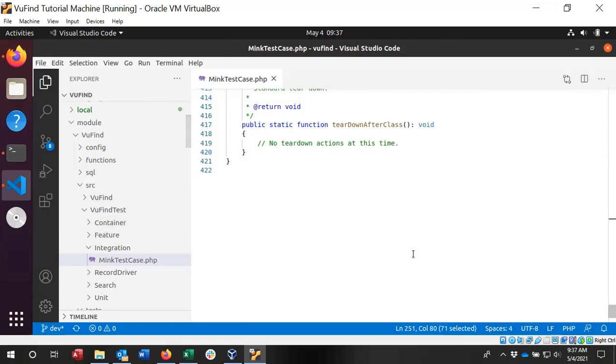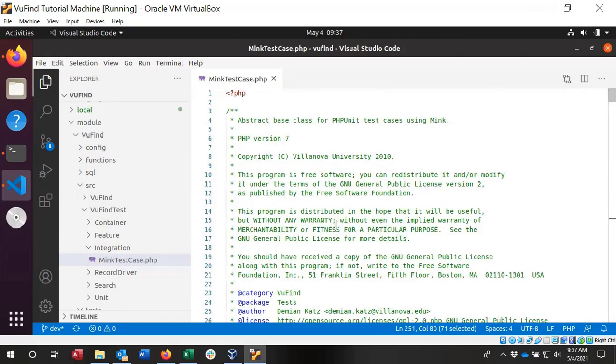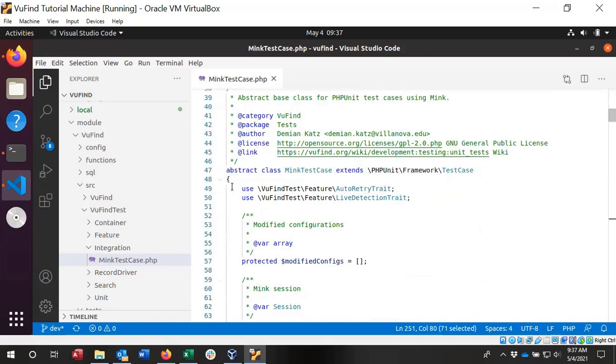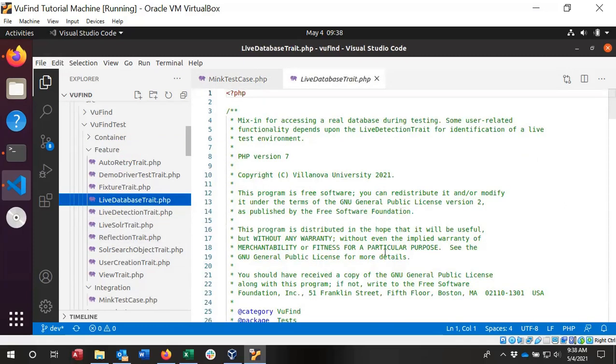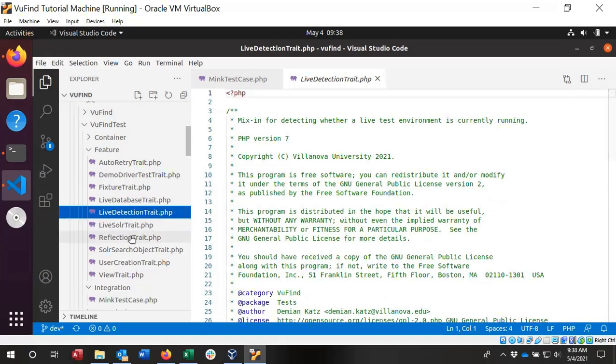The other thing is at the beginning of this, I showed you that we leverage a couple of feature traits that VuFind provides, but these two are not the only ones. If you look in the Feature directory inside the VuFindTest namespace, you'll see that we have quite a few traits that you can mix into your tests that will give you useful common functionality that might save you some time. Of particular interest for Mink testing are the live database trait, which gives you access to the real MySQL database if you want to create or destroy data. And the, not the live detection trait, the